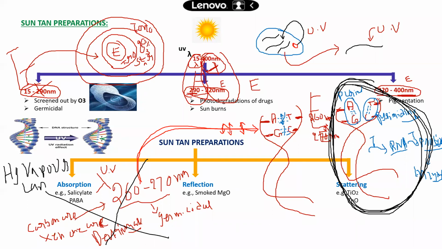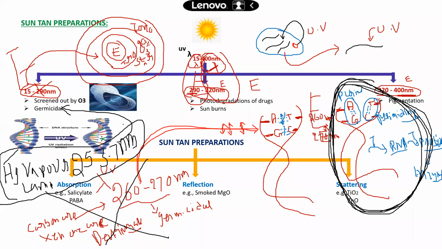It can emit UV radiation of 253.7 nanometer. Excellent. So from now onwards, you use only UV sterilization, meaning the UV lamp, the mercury vapor lamp, with a wavelength of 253.7 nanometer. It shows maximum germicidal action. This is the 2010 GPAT question: which wavelength of UV radiation shows maximum germicidal activity?